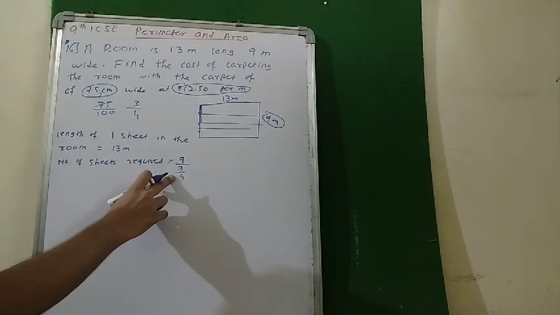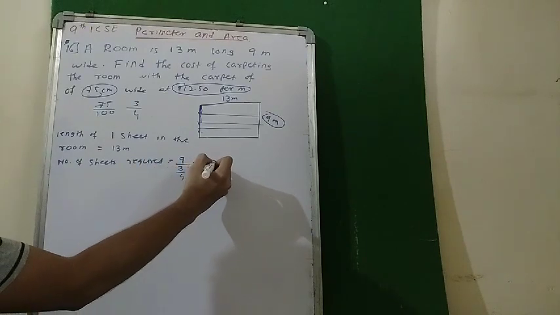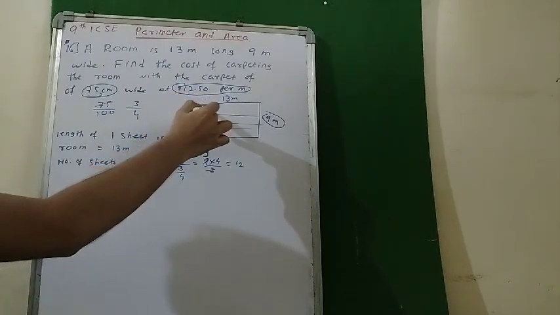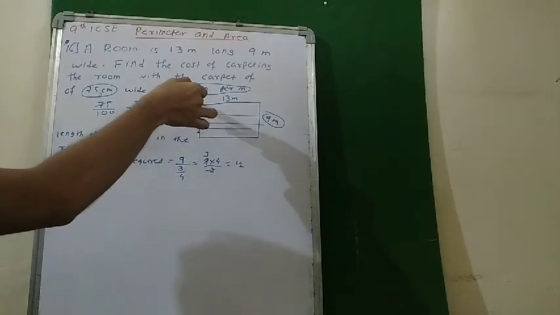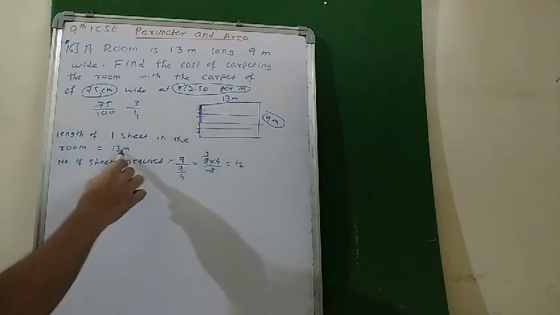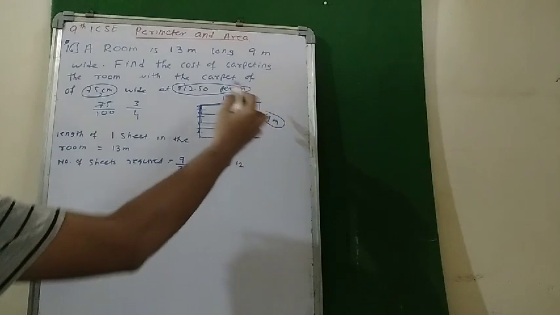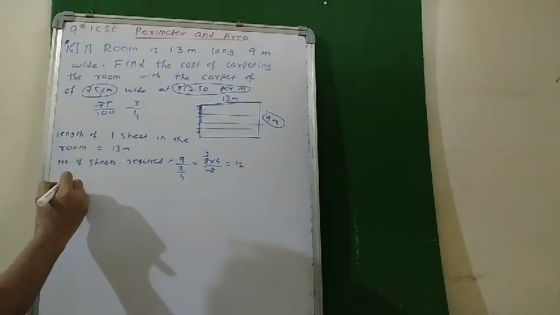Okay, 3 upon 4 is 0.75. So 4 will go up, 9 multiplied by 4 upon 3, 3 3s are 9. So we will have 12 sheets required. Okay, 1 2 3 4 5 6. When we will spread 12 sheets, that time we will cover the whole length. And this we are covering as the length of one sheet is 13 meter. So 13 meter, and how many sheets are required? 12 sheets. Therefore total